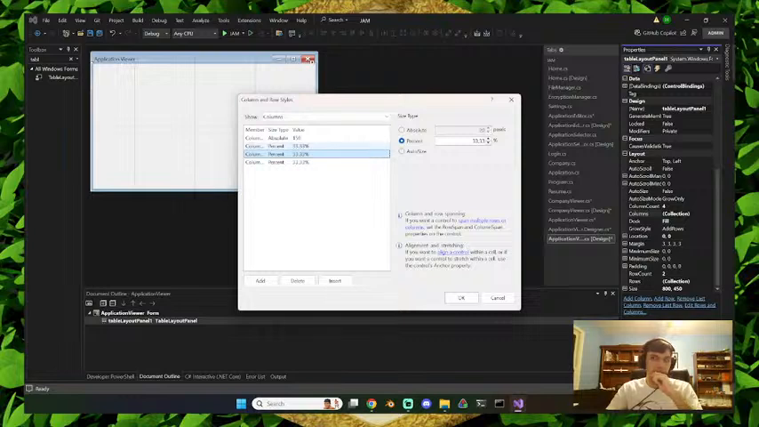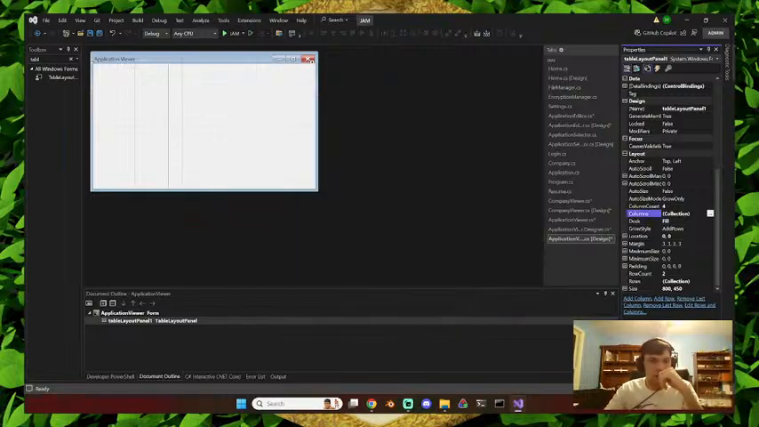The second column does need to be a percentage, but it probably can be like 20%. This column can probably be like 80%. This is going to be the image column. This one should be absolute as well. It'll be 50 because this is going to be the button column. Then in terms of rows,